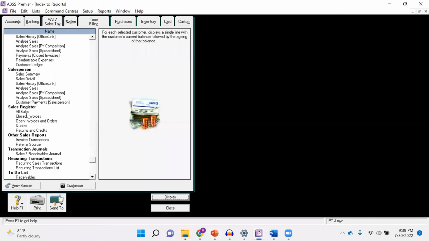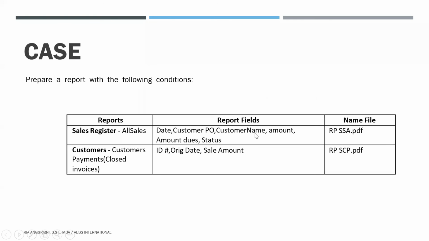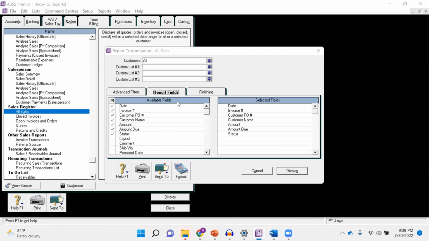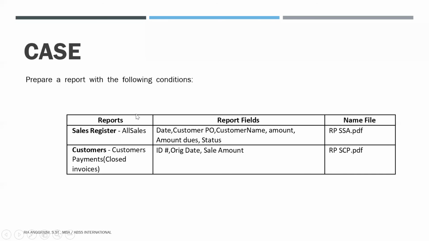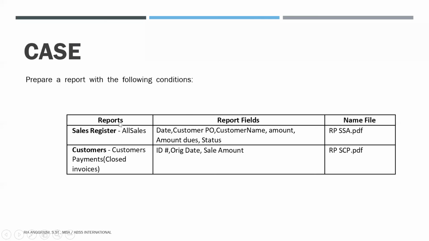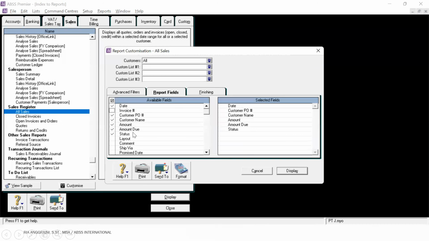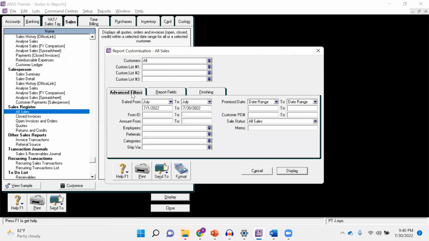For all sales, click customize, and then we have to adjust the report fields here: the date, invoice, customer PO, customer name, amount dues, and status. But don't forget to adjust the date.